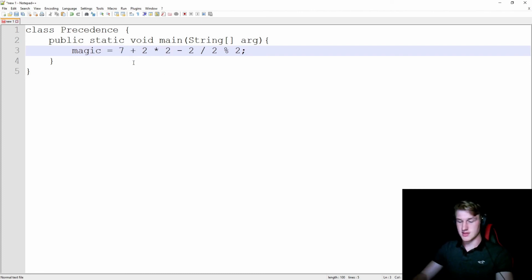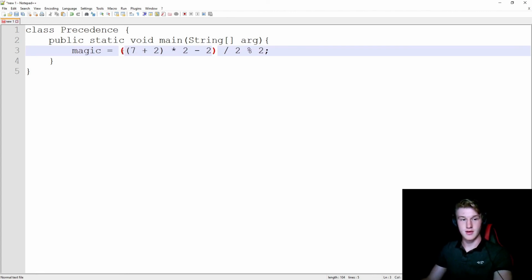So first, let's add a parenthesis here to make sure that addition goes first. And then on top of that, we want multiplication to go before subtraction, and we want subtraction to go before division and modulo. So if we put in parentheses surrounding 7 plus 2 multiplied by 2 subtracted by 2,